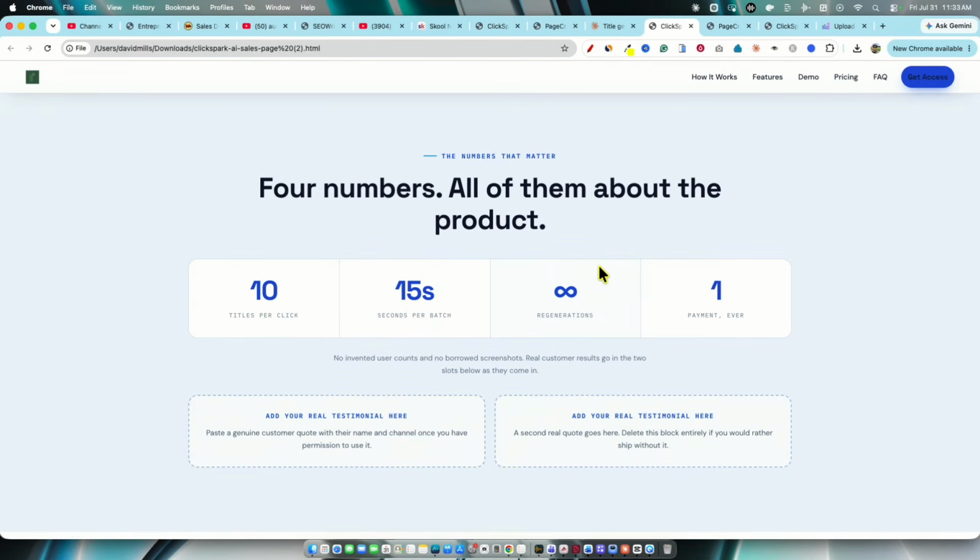4 numbers, all about 10 per click, 15 seconds per batch. That's not true, but it is about 20 to 30 seconds. Now it was taking 90 seconds, but I've continued to code the software and improve the iteration and the time. We've gotten it to probably around 20 to 30 seconds, which is really, really good because it's